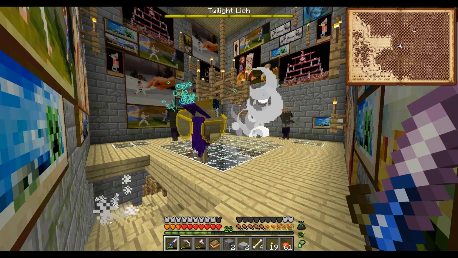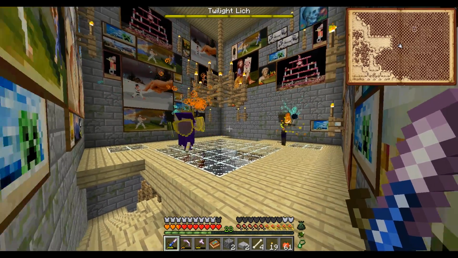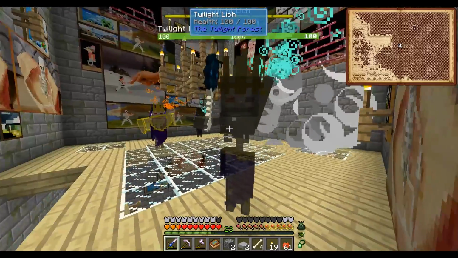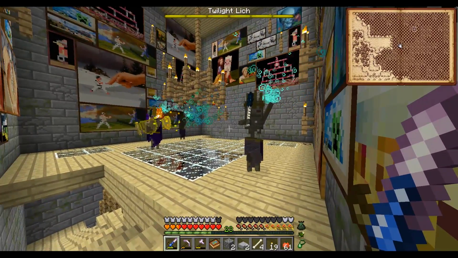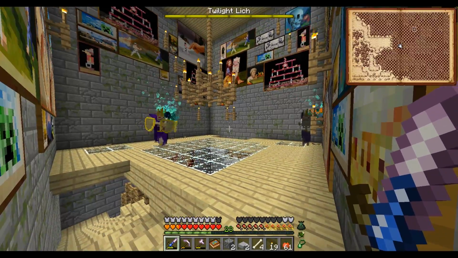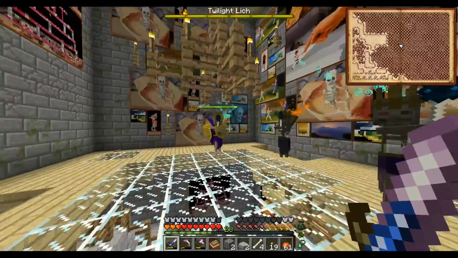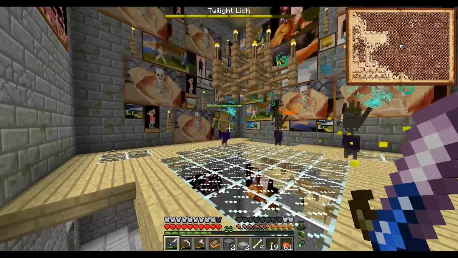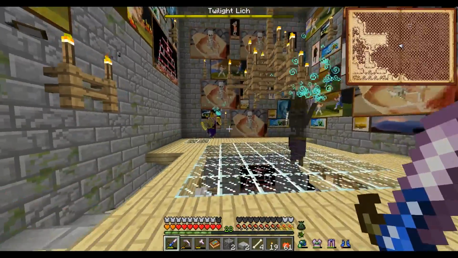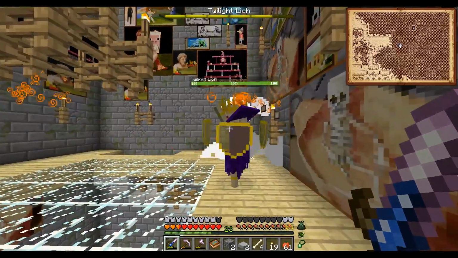Something's going on here that I'm not controlling. I've got some sort of deflection thing going on, because these are not coming at me, bro. Oh, there we go. So, yeah, you want to hit the ender pearls into the shields. And they will...